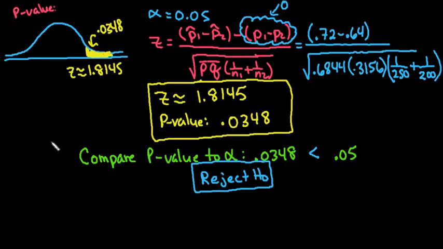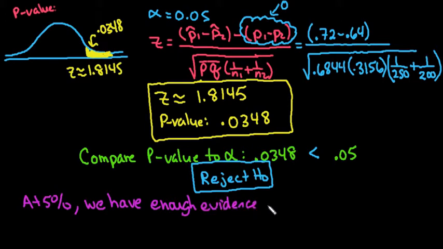So our last step is to interpret the decision. So we would say at 5%, we always start with our alpha level. And I tend to use the percentage rather than the alpha, just because if I put alphas in there, then nobody understands what I'm talking about. If I put 5%, people kind of at least understand what 5% means. So at 5%, since we rejected, we will use the wording, we have enough evidence. You could also put we have sufficient evidence to, and for this one, because our claim is about the alternative, we are supporting the alternative. So we have enough evidence to support the claim